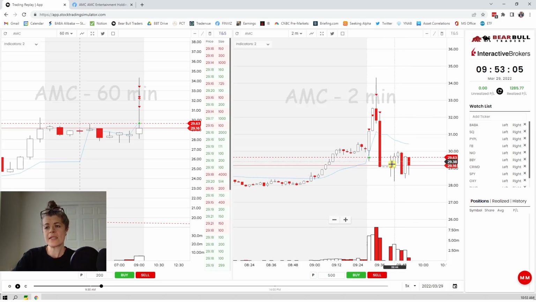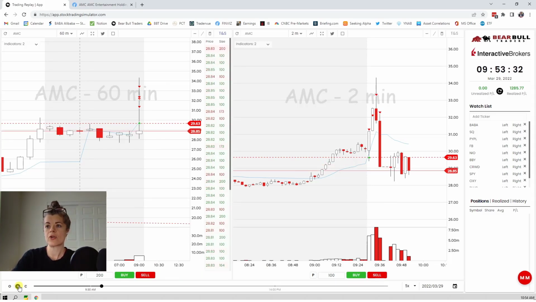So we see this consolidation around this level. It has set this range. So now I would be looking for, are we going to break the top of the range and hold this level and continue to the top side for another long play? Or are we going to lose this or have a struggle to break through it and go to the downside? So we can just hit play here. And I am going to do less risk this time because I'm already having a pretty good day. So let's just do 100.